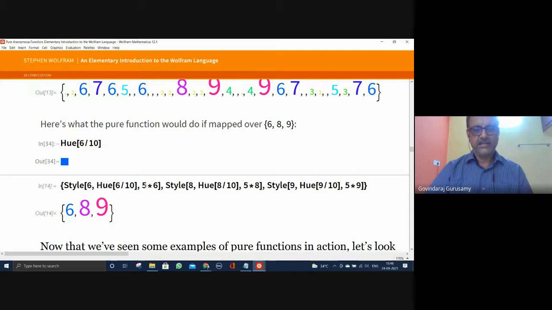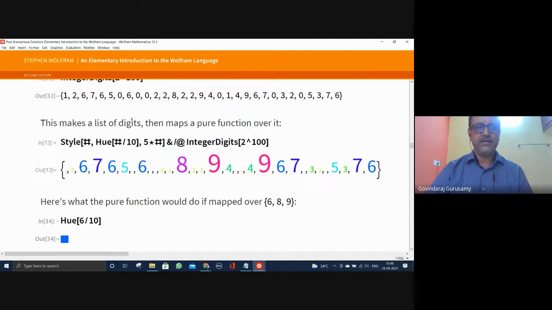And look at the size, 5 into 6. This is the style size. Okay, I hope it is clear now. All the 3 are connected to the style that has been given for the specific element, which is 6. This is for the 8. This is for 9. That is what has been done for all the integers.